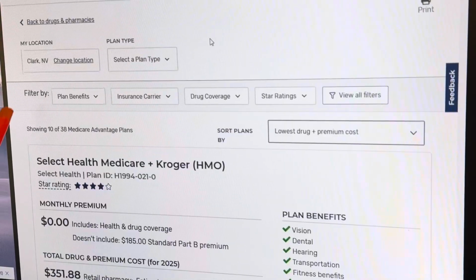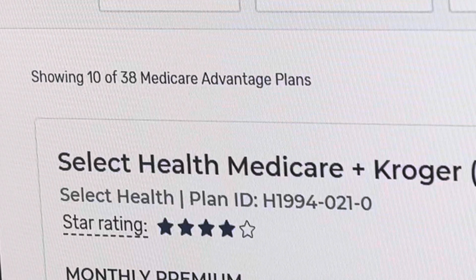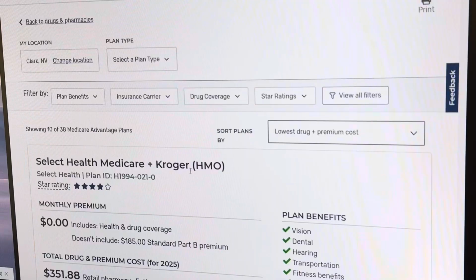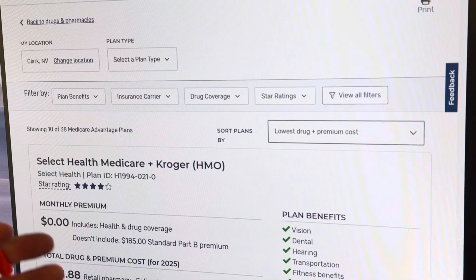Now, to give you an idea, look right here. You see this number here? It says 10 out of 38 Medicare Advantage plans. In this area, there's 38 Medicare Advantage plans. Quite a few. It makes sense to go with the one that's going to give you the lowest drug cost,